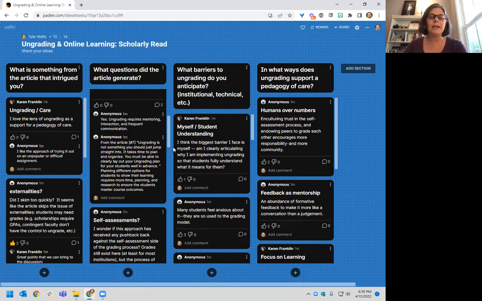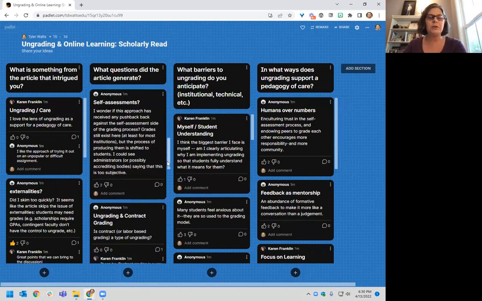Self-assessment, has there been any pushback in that? Is it being too subjective? Maybe students giving themselves really high marks when they may not need them. I will say that so far the research shows that that's not the case. When you read the number of folks that are implementing ungrading, they don't tend to say that they see this grade inflation.